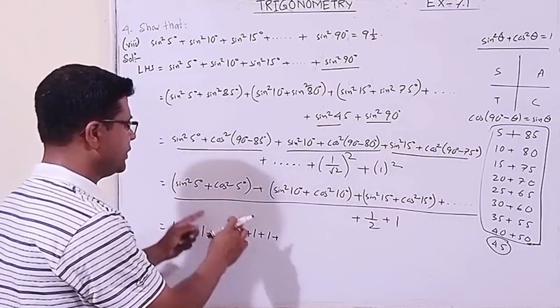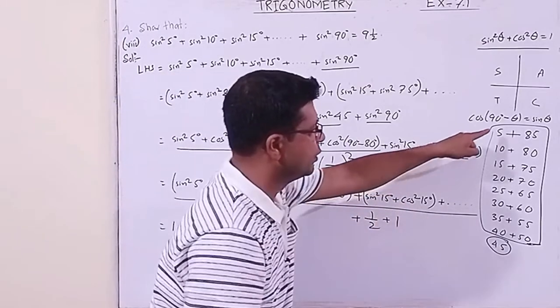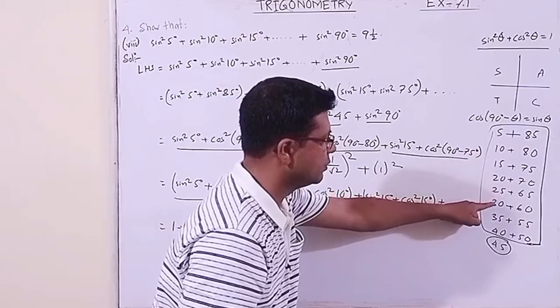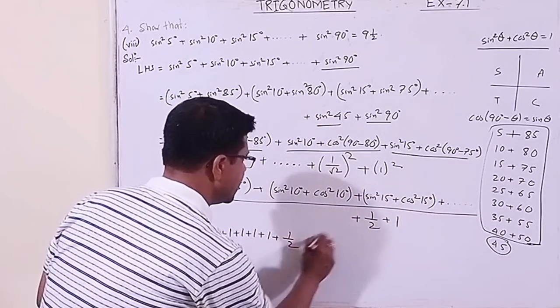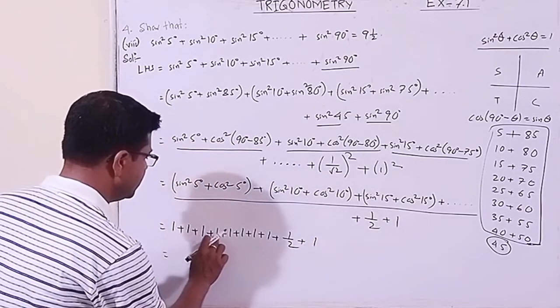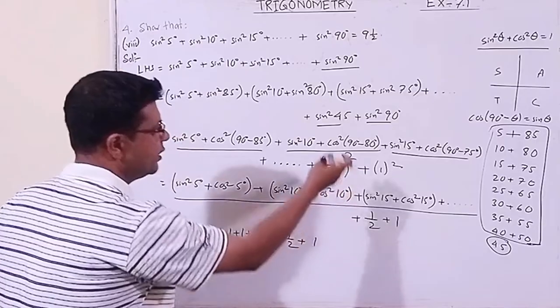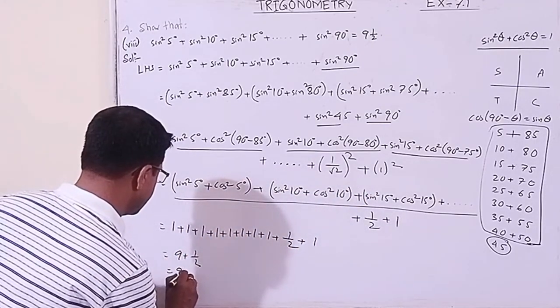So 8 times 1 we have written, because each sum is 1. This is 1, this is 1, this is 1, like this. 1 1 1 1 1 1 1 1 plus half. This is half plus 1. So how many 1 are there? 1 2 3 4 5 6 7 8 9. Obviously 9. 9 plus this half, that is 9.5,